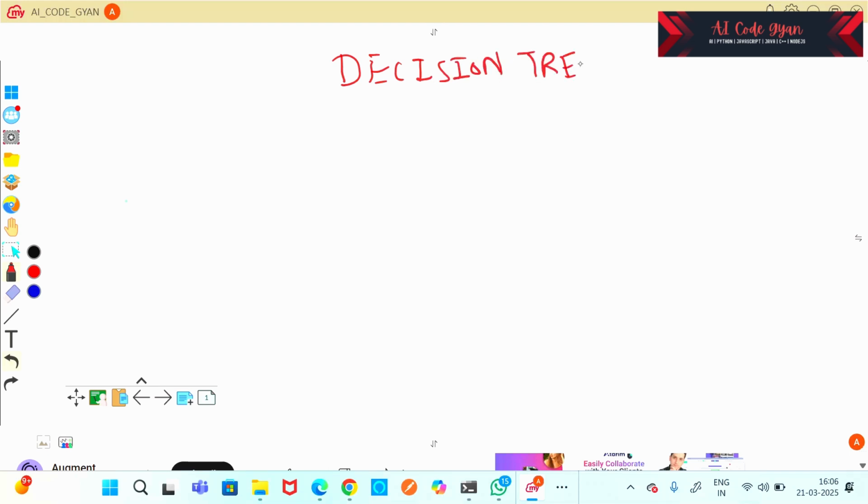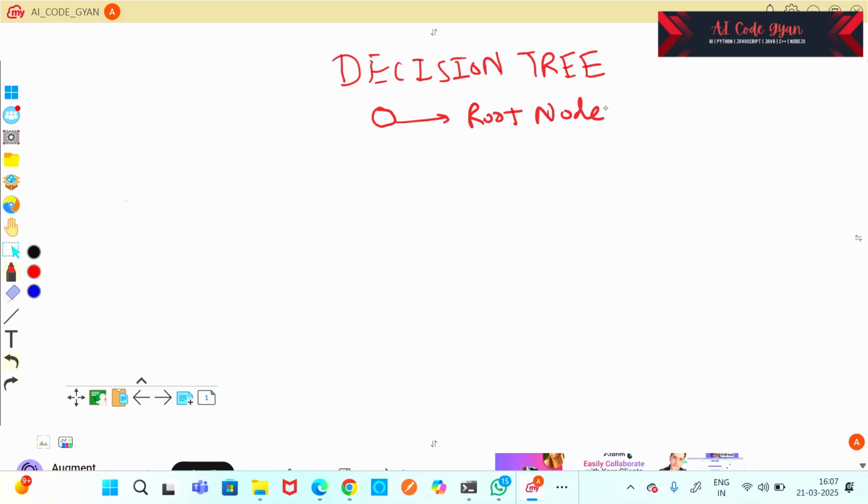So basically, as the name suggests, it uses a tree to come to a decision on classification of a data type. So basically it uses a decision tree. So let us start with the key terms. Suppose this is a root node